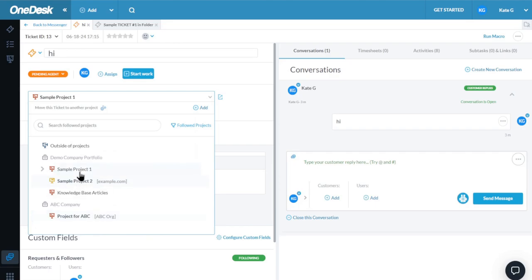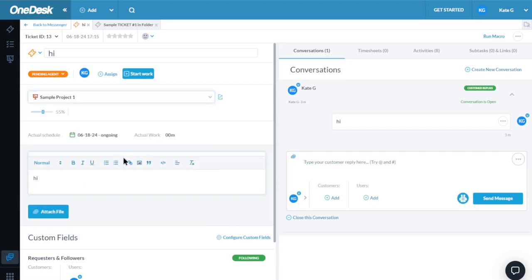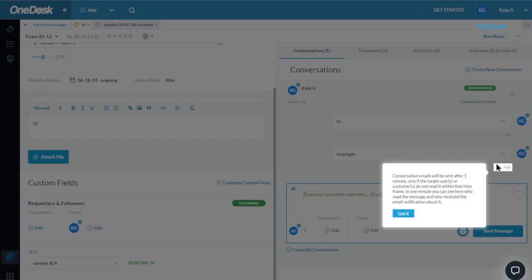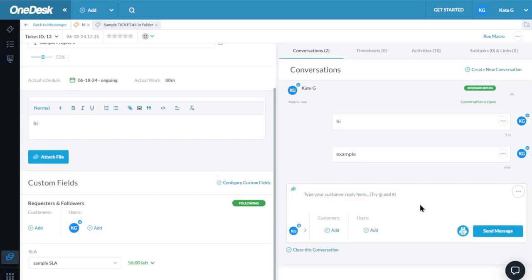In the Ticket Detail panel side menu here, we've got a few tabs that we'll go through. The first is the Conversations tab, which is where you will find the public and private conversations regarding this item. Let's reply to our customer from here. Once you've replied, you'll see that a countdown has started. If the customer doesn't see your reply within 1 minute, it will go out to them by email and an email icon will appear here. This way you never lose touch with your customers.